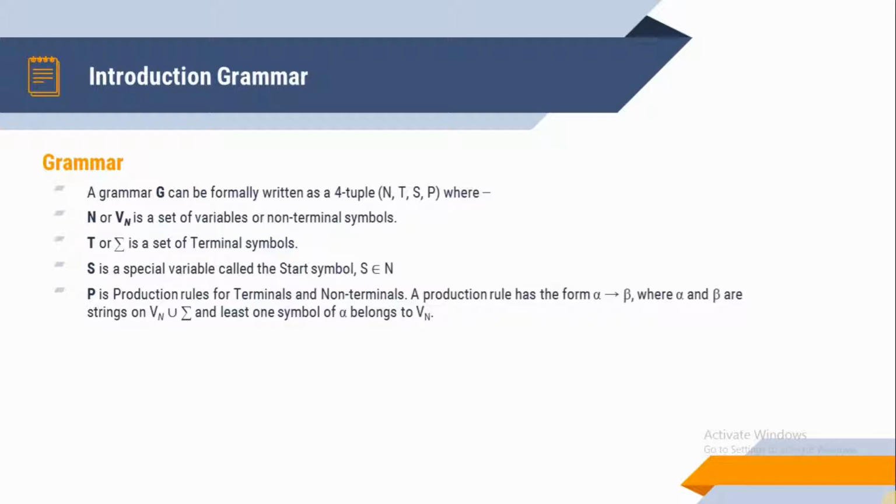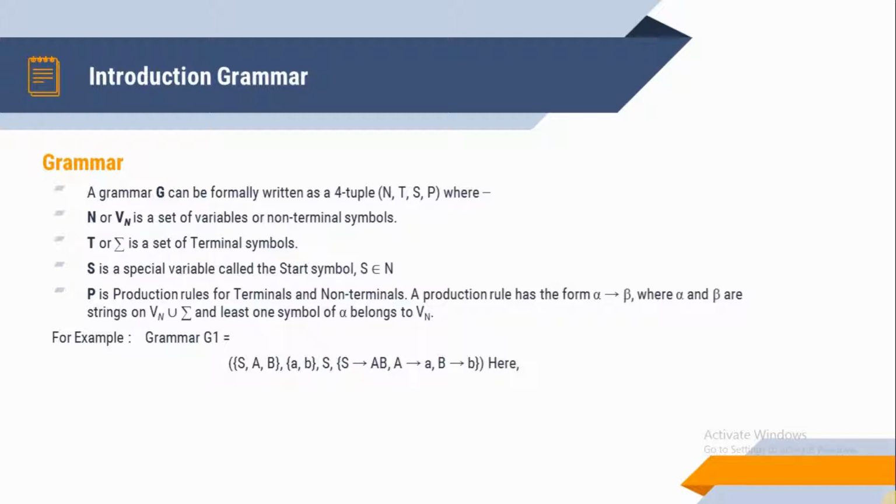So in that case, at least one symbol is present. Otherwise, a combination of the set is a non-terminal symbol and a terminal symbol. Otherwise, a terminal symbol and non-terminal symbols. Otherwise, a non-terminal symbol derives a terminal symbol, in a string alpha belonging to all the symbols. So in this example, we discuss how to define a grammar.